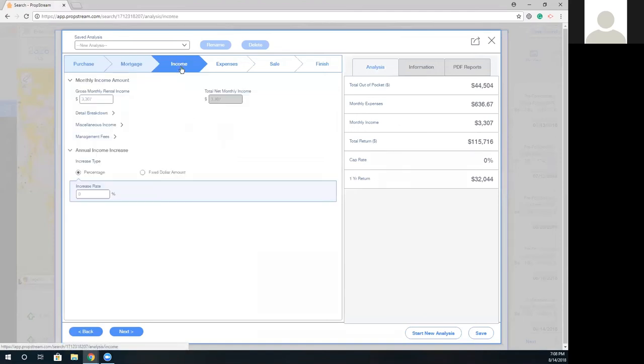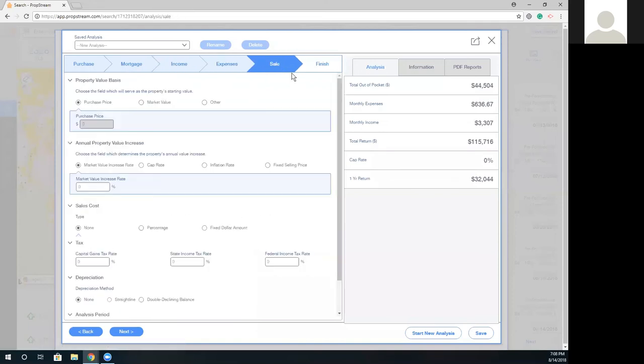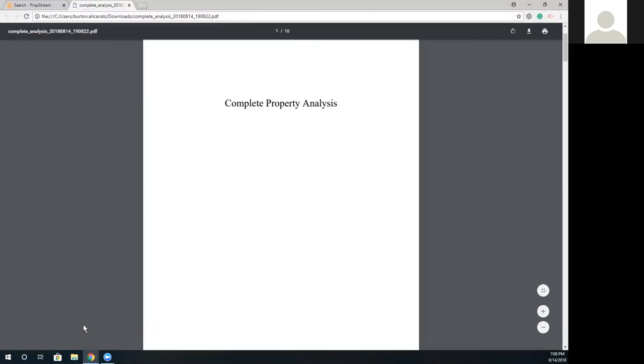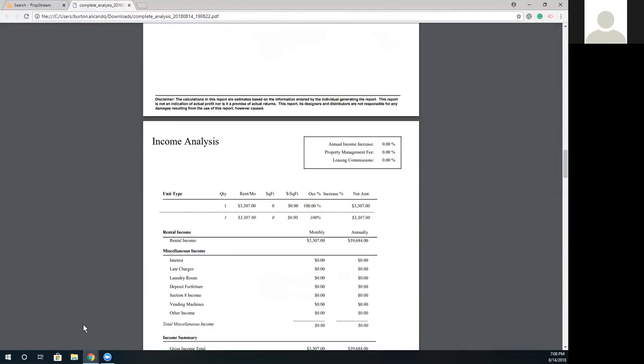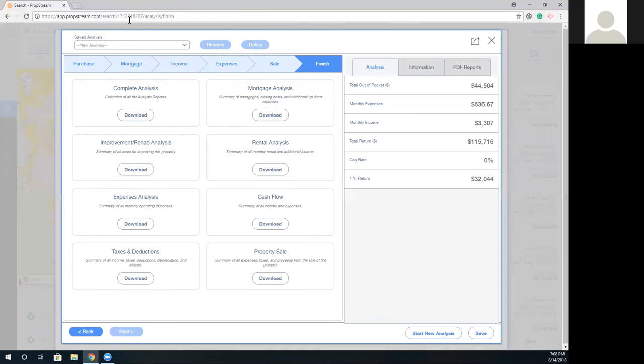Whether you're renting out the property, what are your monthly expenses, what are you selling the house for? I'm selling it once it hits a certain cap rate, or I'm selling it at a certain fixed price. But the idea here is based on the variables that you've applied, we're going to break down all those variables and give you a complete analysis. So the analysis will be broken up into multiple reports, such as your purchase analysis, your rehab analysis, your expense analysis, tax, and cash flow. So the idea here is to calculate, again, if you're sitting on the property for 6 months, you can use our analysis wizard to see what your return will be 6 months from now.